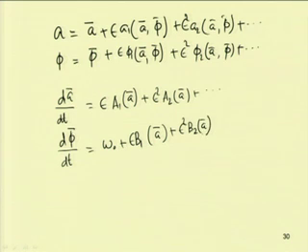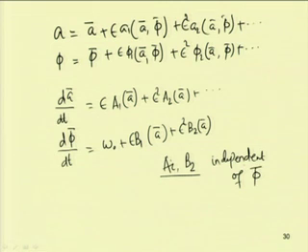a function of A bar. It can be noted that A i and B i, that is A1, B1 or A2, B2, are independent of phi bar. They are functions of A bar only. So, by substituting A equal to A bar plus epsilon A1 of A bar, phi bar plus epsilon square A2 of A bar, phi bar, and phi equal to phi bar plus epsilon phi 1 of A bar, phi bar plus epsilon square phi 2 of A bar, phi bar,